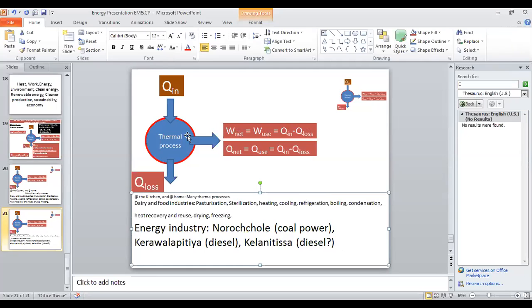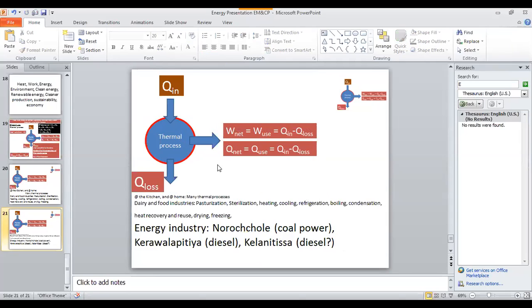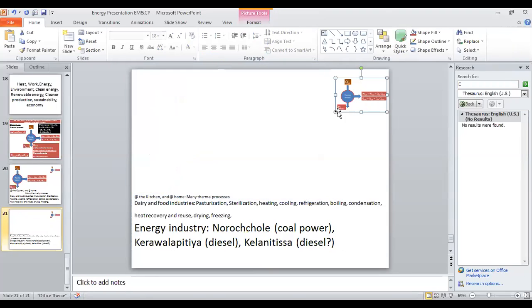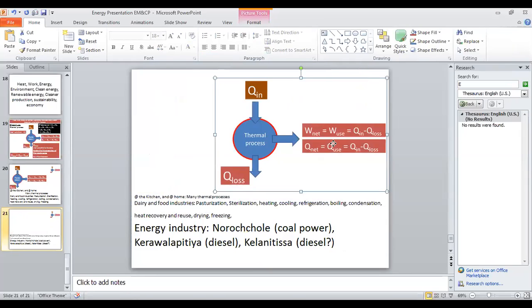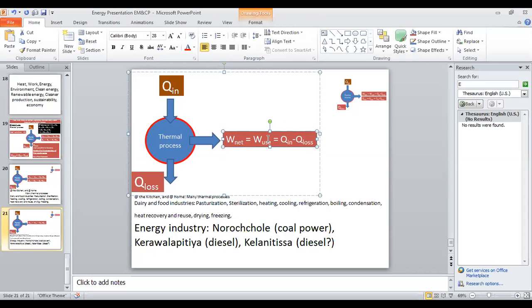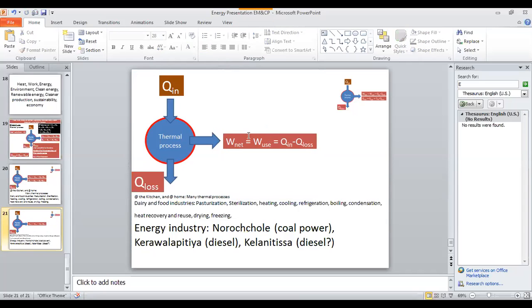Okay. So again, this thermal process. It's the same thermal process. You take this. From this thermal process, you create net work done. Then this work done will be used for power generation. So this is the same. That's why in the energy industry,